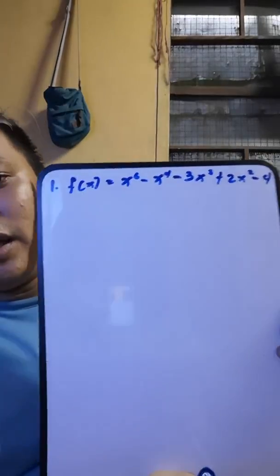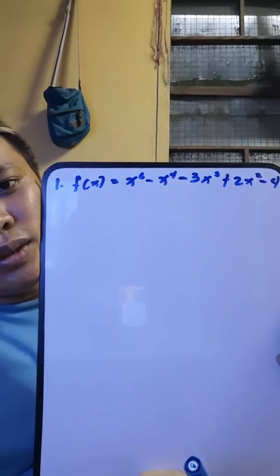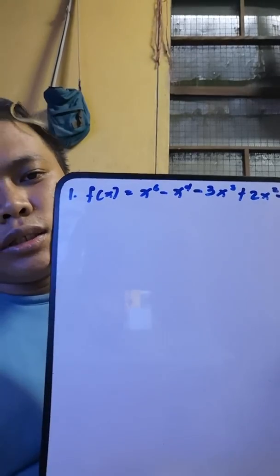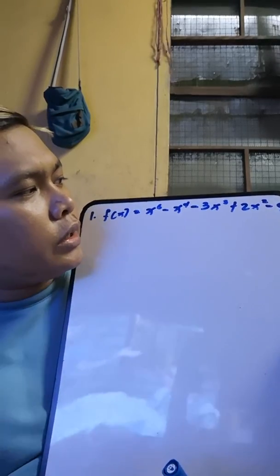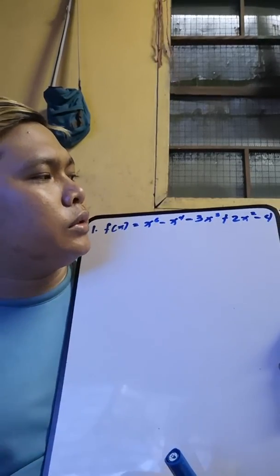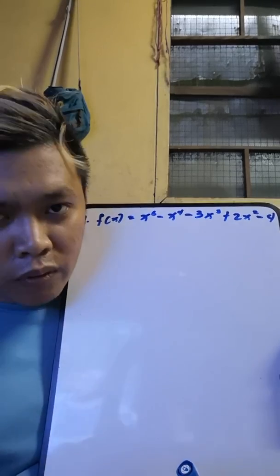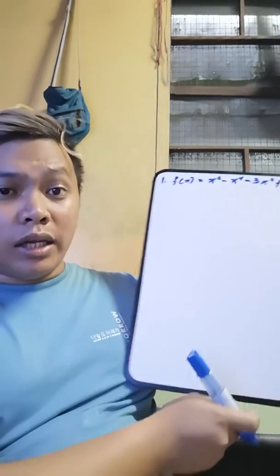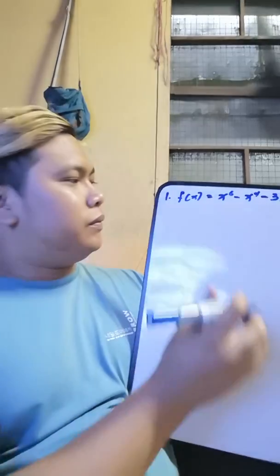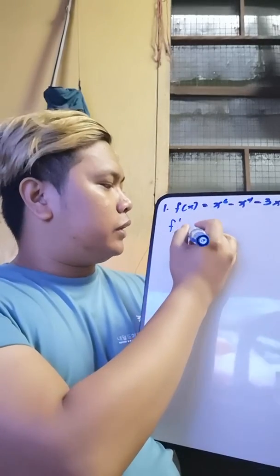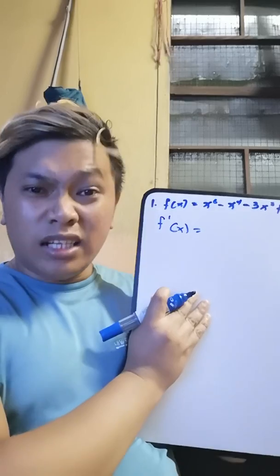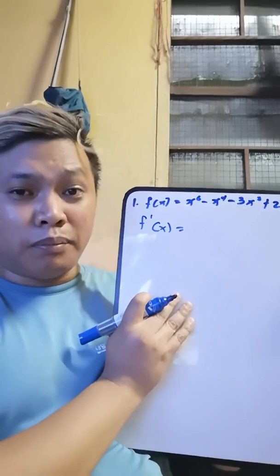Okay. So, I have here an example. I have f of x equal to x to the 6 minus x to the 4 minus 3x cubed plus 2x squared minus 4. And let us check kung hanggang ilan ang kaya nating makuhang derivative dito. Okay? If I ask to find the first derivative, madali lang naman itong problem na ito kasi power rule lang